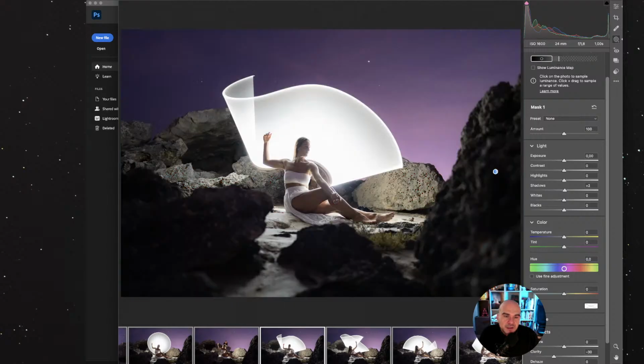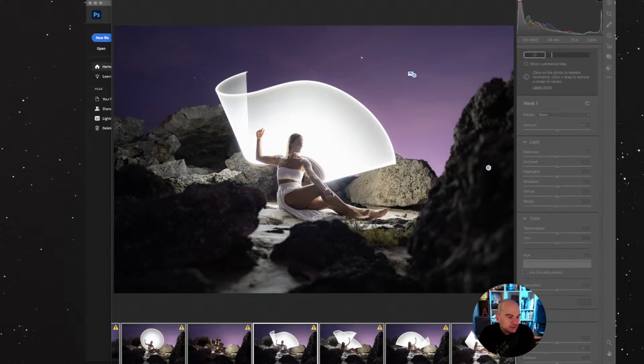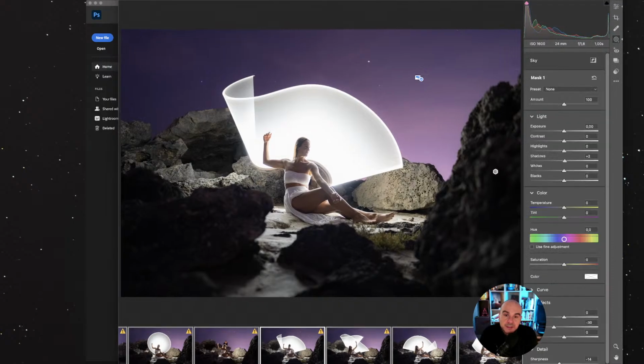Okay, and subtract, select sky. Now the computer is selecting the sky, and I will subtract. Now it is selecting the sky, but it is subtracted from my mask. So it will